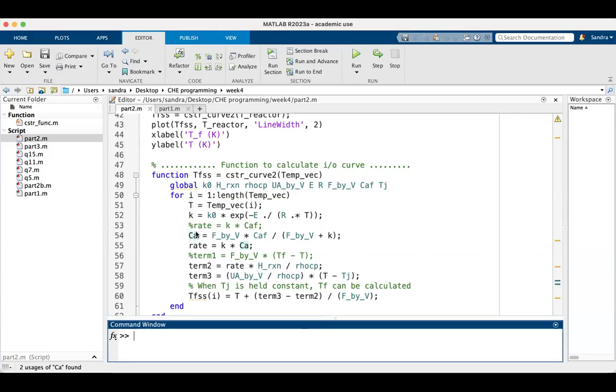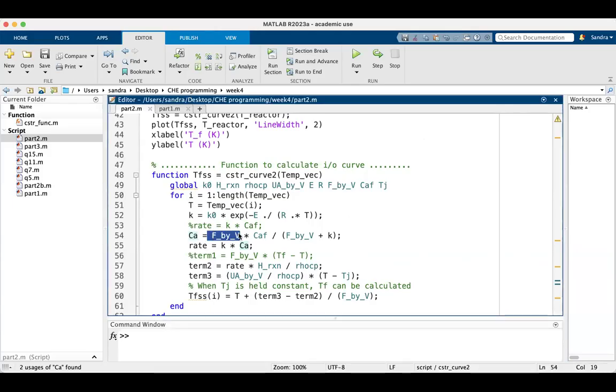So we have CA given as (F/V) CAF divided by (F/V + K). You will have a doubt from where we got this equation. We don't know what the reactant concentration is, but we know what should be